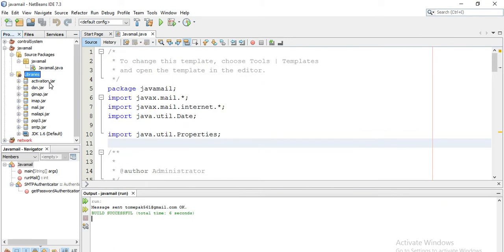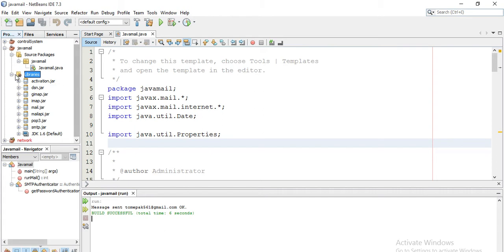Okay, so you can see here, when you open a new program, you will find only one library, that is JDK 1.6. It is the default, but we need to add this file, then only can we get the packages. Okay, because the Java Mail package is available in this file. You can see here tns.jar and pop3.jar, which is for email reading, smtp.jar, and so on, mail.jar. So these jar files are included in the Java Mail package that we need to include.